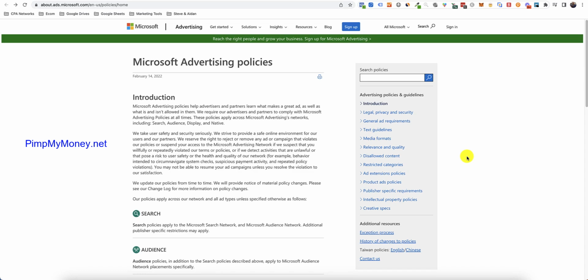Much like SendPad or Google or any other ad platform, email, whatever, they all kind of follow the same format, right? Kind of common sense. Don't advertise drugs and guns and things like that. Where it gets a little bit gray is there are some areas where it might say they don't like make money online opportunities, but it's more so that they don't like super hypey, scammy looking things. So we're all smart people. If you think it's hypey and scammy, it's probably not good to mail or run ads to, okay?